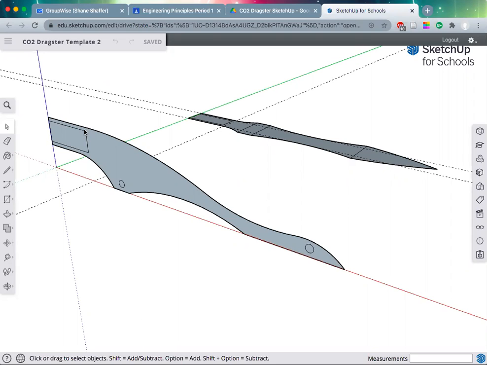So first thing that we're going to do, step 2 in the slides, is we're going to select the eraser tool. You can do that by selecting the letter E on your keyboard. That'll change your icon to an eraser, or you can go over to the toolbar and select the eraser icon. Once we have that, we are going to erase the rectangle shape that you have for where your CO2 cartridge would go. So we're going to click on our lines,